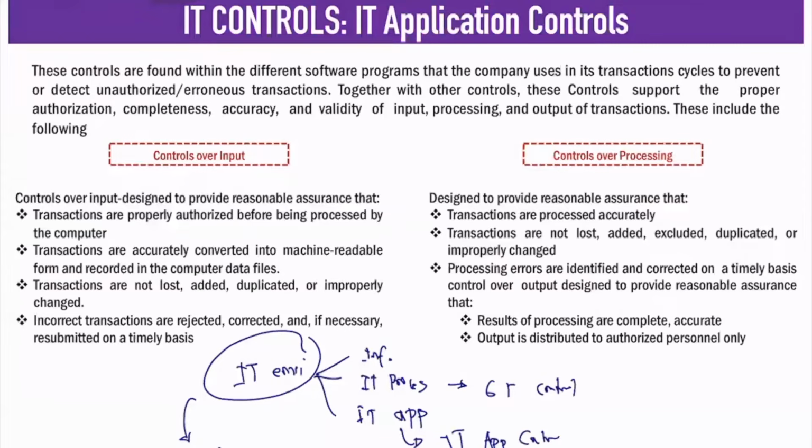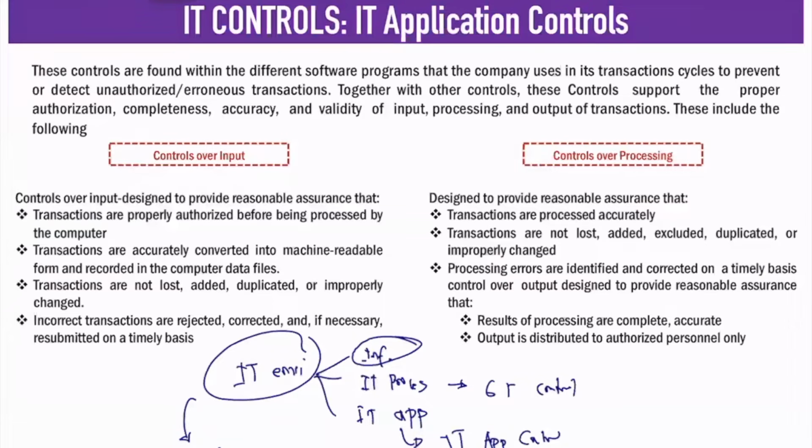Sir, how about the control for IT infrastructure? Do you have any control for operating system, your database, and your network? Generally, that is already provided under entity level IT controls. So therefore, each particular item of the IT environment has a particular control, and you have already discussed some of it.